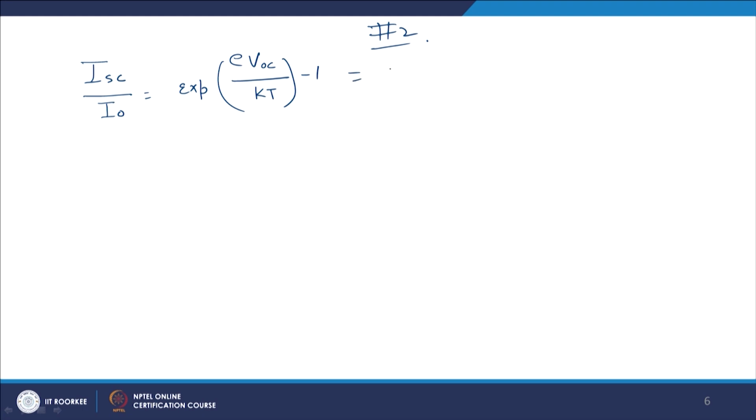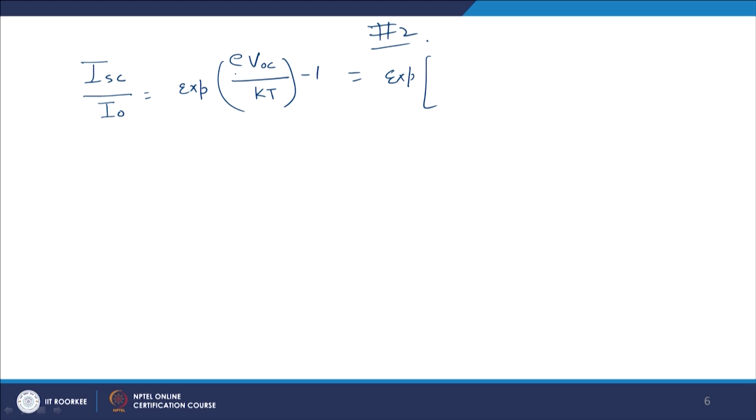For this numerical number 2, we will start with the formula, the ratio between short circuit current and I0 is equal to exponential of E V open circuit divided by KT, minus 1. Now, K is the Boltzmann constant, so it will remain constant. So, this is going to be equal to